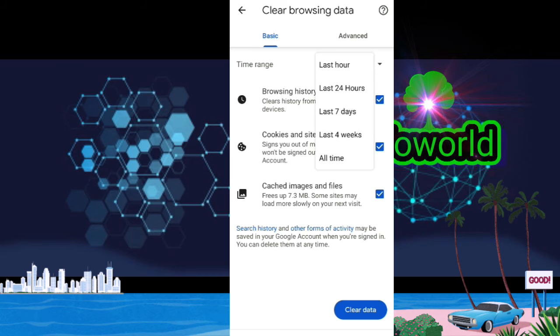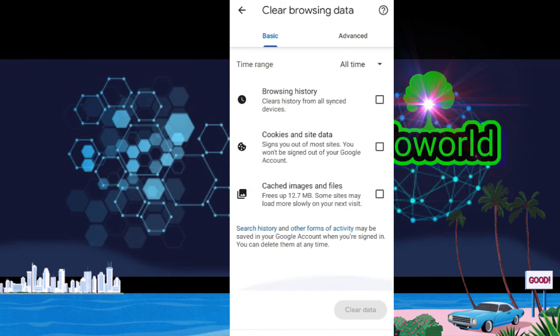Okay, click on all time. Then you can see these boxes. If they are unticked, then you have to click on them and make them ticked, and then click on clear data. All data will be removed. So click on clear data. Okay, all previous data will be removed from your device.